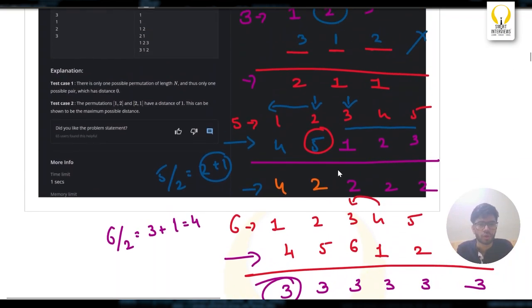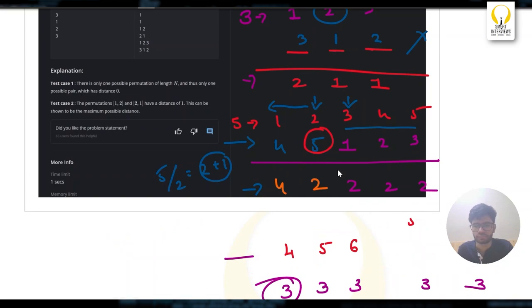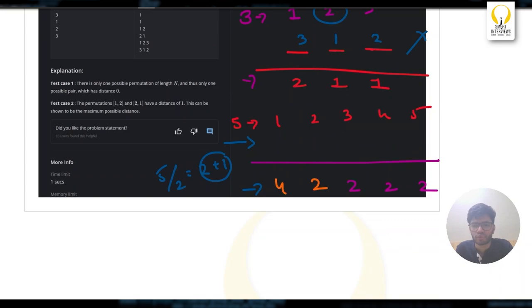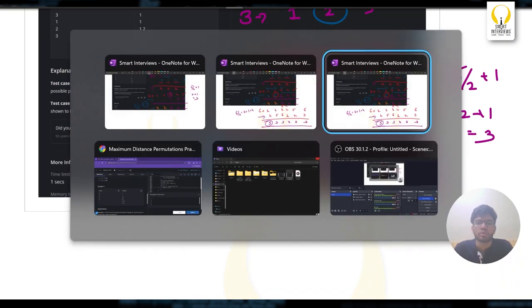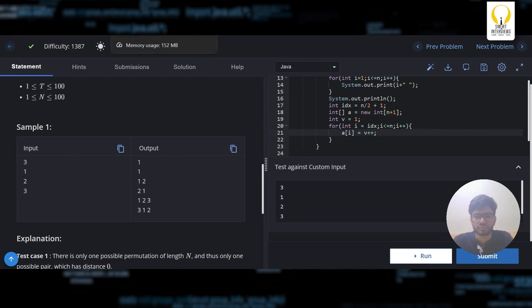Yeah, so our logic was, for n equals to 5, what did we do? We were first finding the index. So I was filling up the values from this index, which was nothing but 5 by 2 plus 1, 2 plus 1 equals to 3. So from these values I'm just filling up in this way, 1, 2 and 3. So this is exactly what I'm doing here, filling up these values. And next, from the other index,